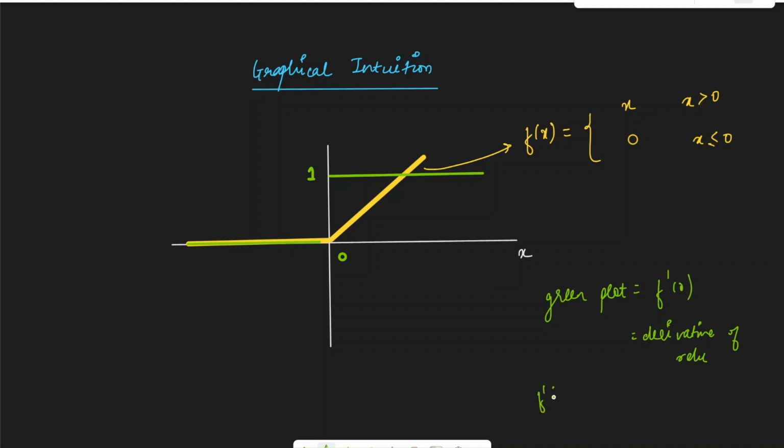So the derivative of ReLU, f dash x, is 1 when x is greater than 0. That's why we have 1 over here. So in the positive region it is always 1, and it is 0 when x is less than or equal to 0. I have not marked till 0 over here because I'm showing this in the true sense, but for practical purposes, like in Python implementations, we can say that when x is equal to 0, then its derivative is also 0, so that it becomes differentiable, and this will help us during backpropagation when we have to find the gradient of the activation function. So if I have to write values here, this will be 1, 2, 3, 4 like that, and this is in the negative region, -1, -2, -3 like that.